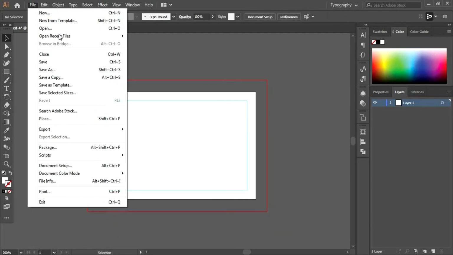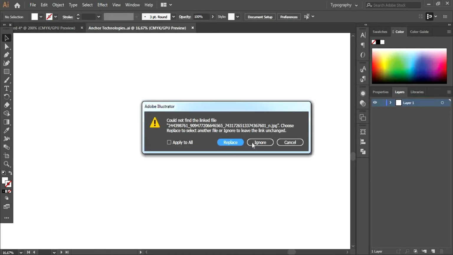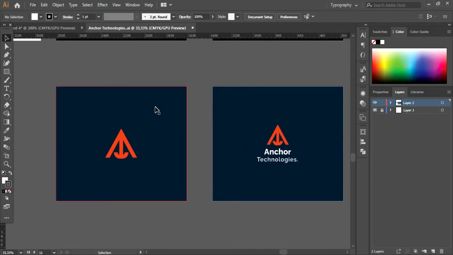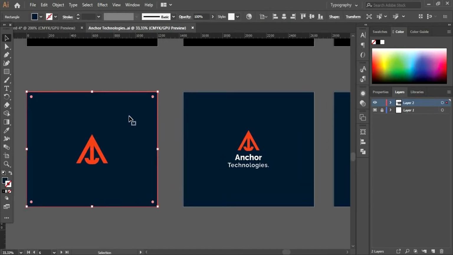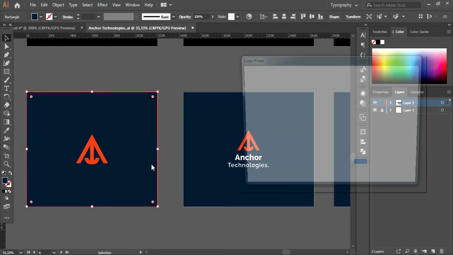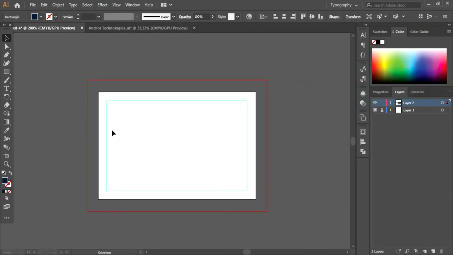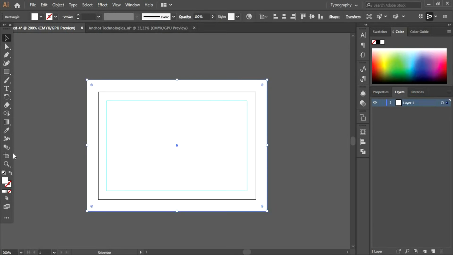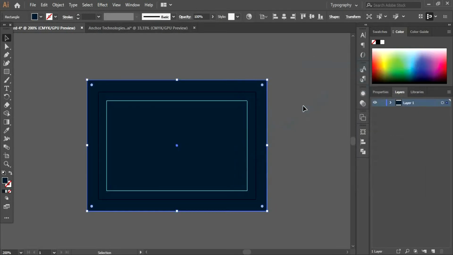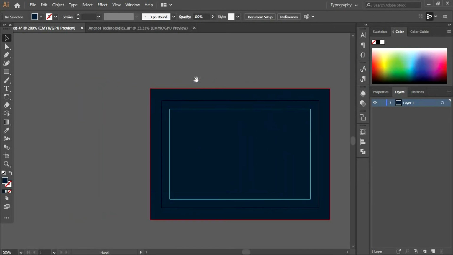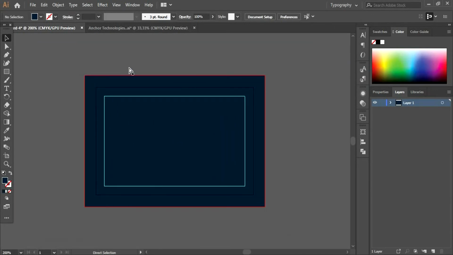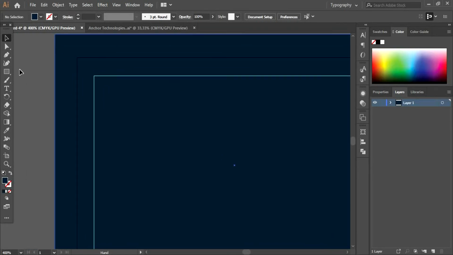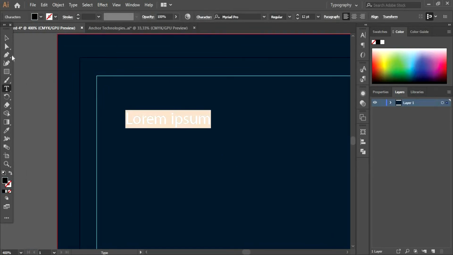Now we're gonna open our logo design, Anchor Technologies. And we're gonna put this background color. Take the rectangle tool, make it like this, add the color, and now we're gonna add our name and position,